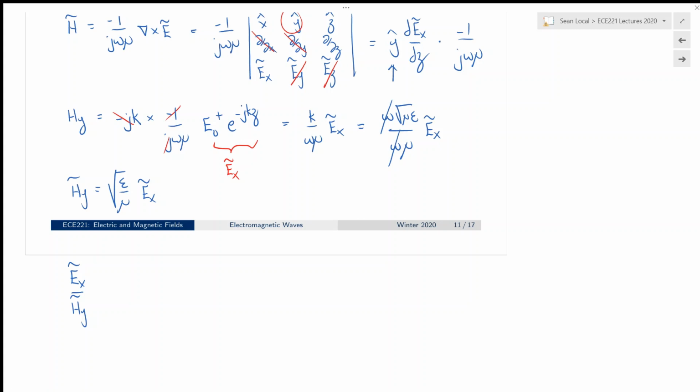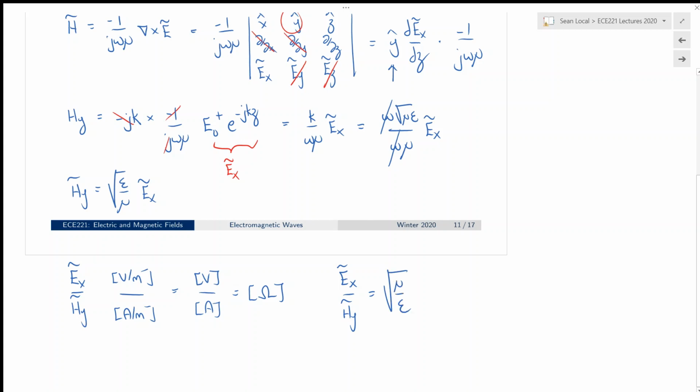In fact, dimensionally it works out, right? Because the dimensions of electric field are volts per meter, and the dimensions of magnetic field are amperes per meter. So the per meters cancel out, and we have volts over amperes, which is ohms. So this quantity, whatever we call it, is also going to be measured in ohms. So if we look at the relation up above, and just rearrange the relation there, the ratio of the electric field component to the magnetic field component is the square root of mu over epsilon, the reciprocal of what we had above. And this ratio is called eta, which is called the intrinsic impedance